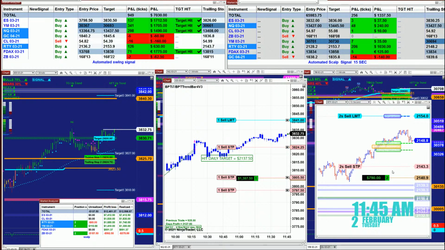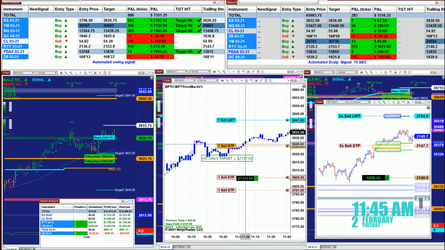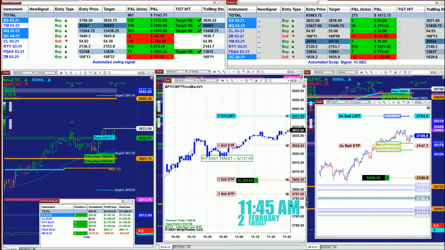Okay, so this is a re-entry as well. I just want to know, we've been spotting this ES on target 1, target 2 from the beginning of this webinar, and I made a bet over an hour ago, 2 hours ago, that most likely we're going to hit target 3 before 12 o'clock, and because